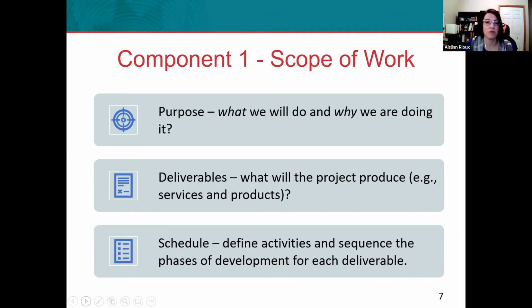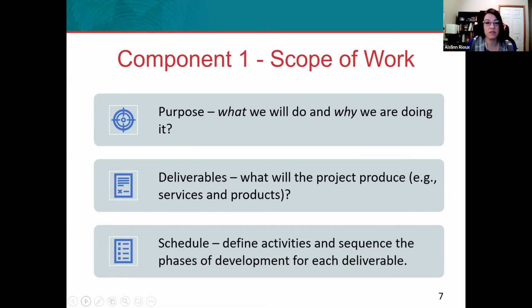So to begin, we're going to cover component number 1, which is the scope of work. Now, you may be thinking, what is a scope of work? And how do you define it for somebody maybe that's never worked with one, or maybe they're new to it? What a scope of work actually is, it's really a document for a grant that a grantee can reference, and it really just tells you what the work is to be done and why the work needs to be done. It's usually a document that is supplied to the grantee, and this becomes your guiding document that can include